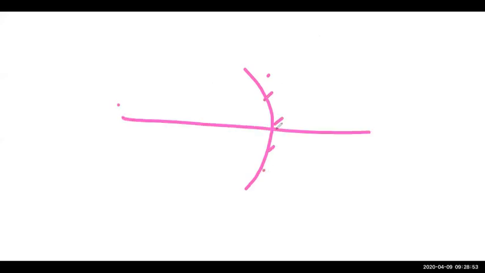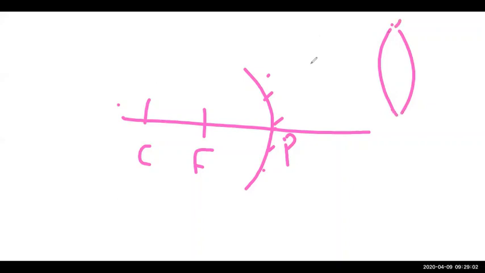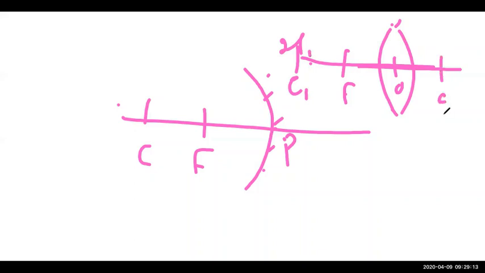So suppose we just have this, you want to draw this diagram. Suppose we have this, you will just see the P part, F part and C part. If it is a lens, then how will we draw? Just see the comparison here. You can have the optical center, F and C1 or 2F1. Here it can be F2 and it will be 2F2. So like that, you can just see a comparative study of it.